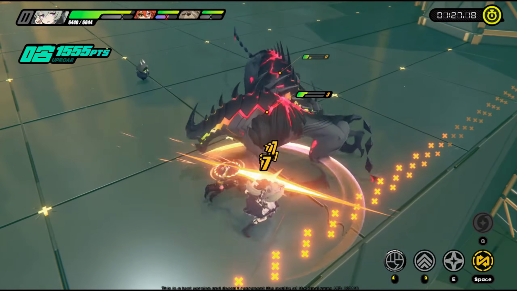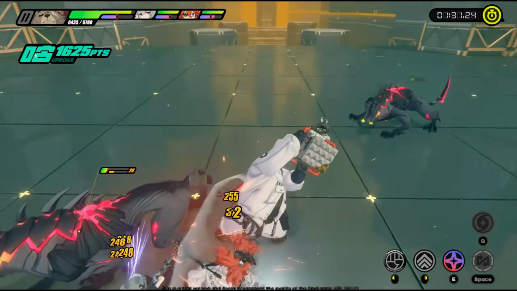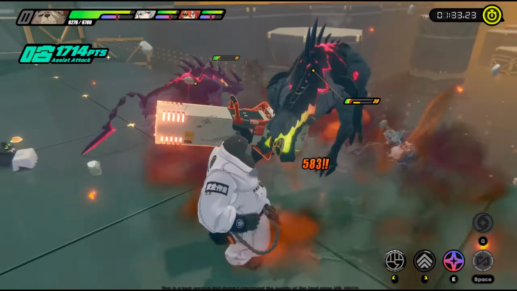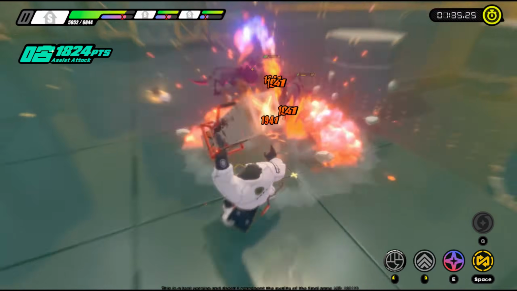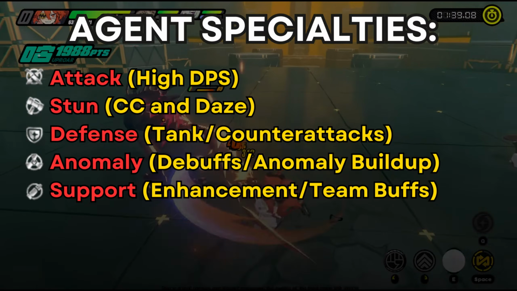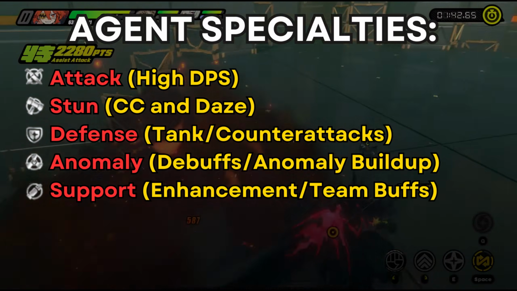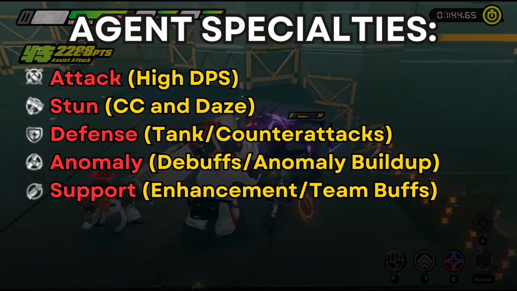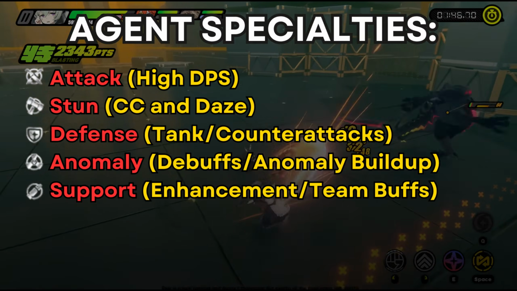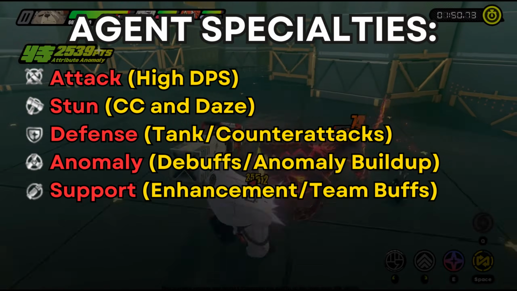As for fighting styles itself, it's basically character classes or roles. We currently have 5 fighting styles, or better said, just specialties, roles, you name it. The first one is attack. It's a high DPS type of unit that's very good at quickly defeating the enemies or being able to do high amounts of damage in a quick, short period of time in nice opportunity windows, for example, whenever you stun